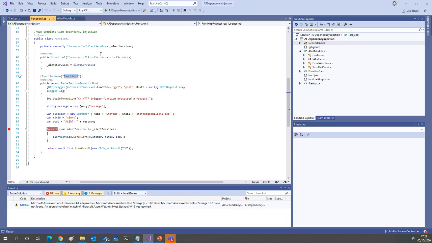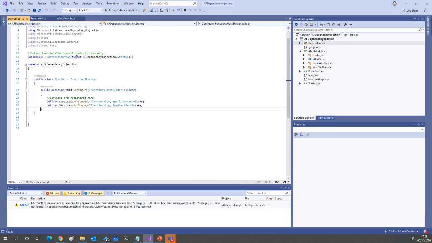Instead of doing this inside the function, what you can do with dependency injection is declare a startup file, as declared here. So a class called StartTypes that inherits from FunctionsStartup. In this class, you can create an instance of the services that you need, or the external connections that you need. So here I'm registering my services. One is the email alert, and one is the SMS alert. Here I'm creating an external connection to the email service, and here I created an SMS connection to the SMS service. So once for all functions, and then when the function is triggered,